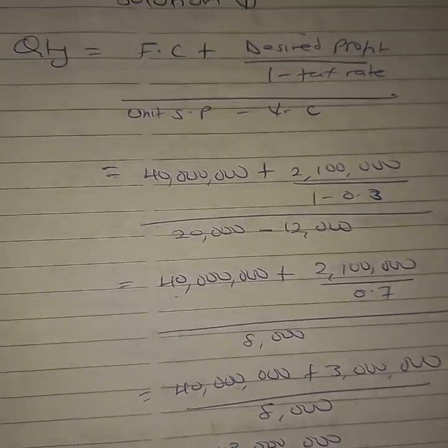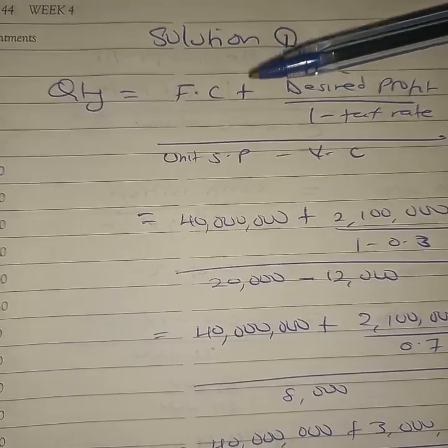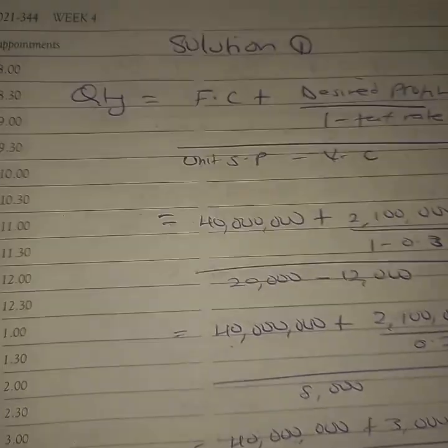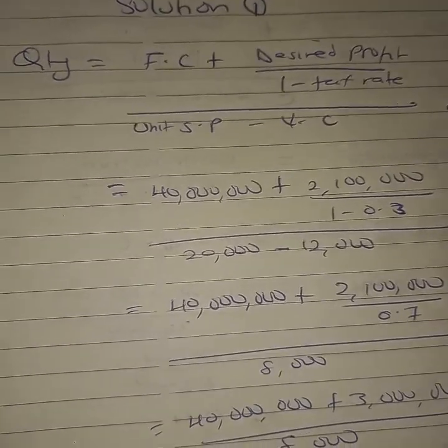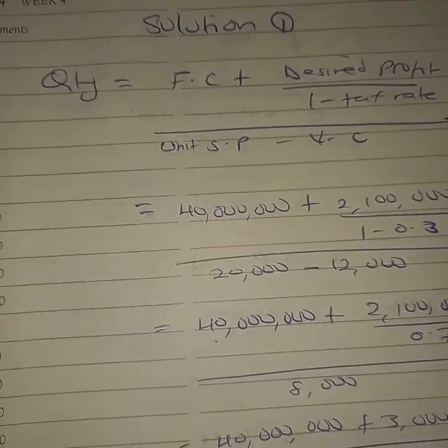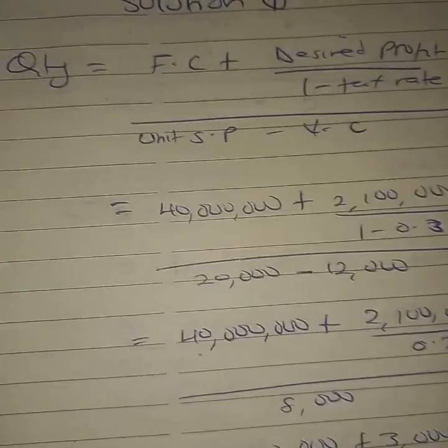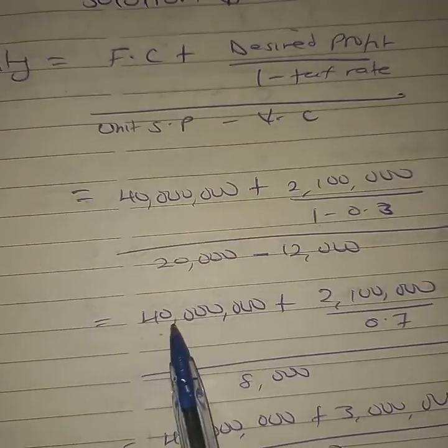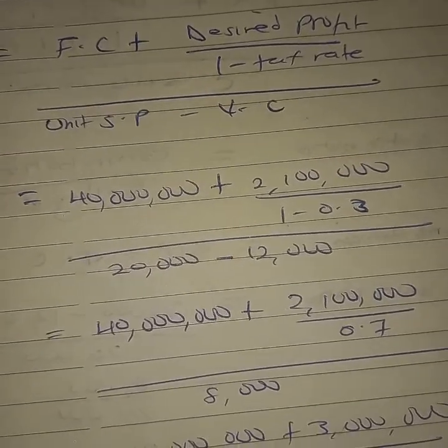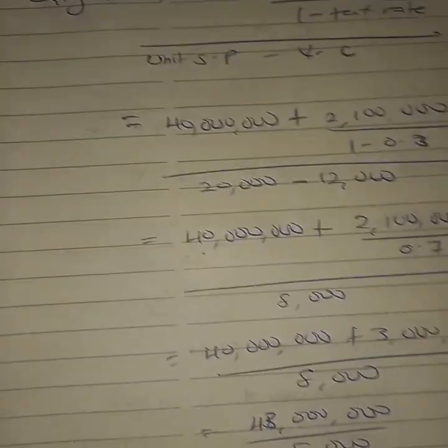So from our formula, to get the quantity to be sold, that is Roman 1, the quantity to be sold is equal to fixed cost plus the desired profit out of 1 minus tax rate, divided by the contribution, which is unit selling price minus the variable cost. My fixed cost is 40 million from the question. I have the desired profit of 2,100,000. So when I divide by 1 minus 0.3, and I divide by the contribution, 20,000 minus 12,000,